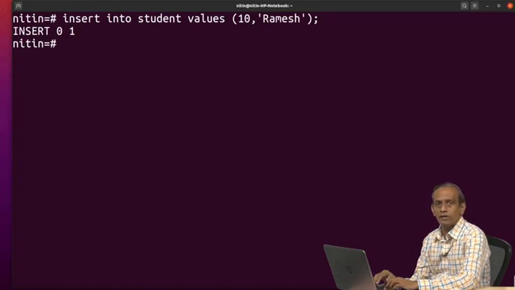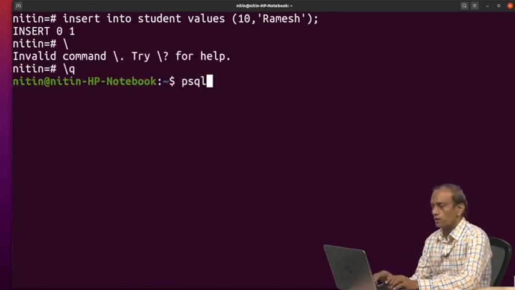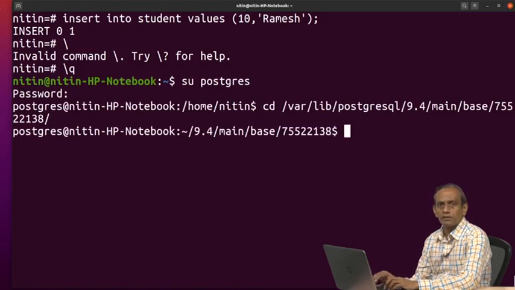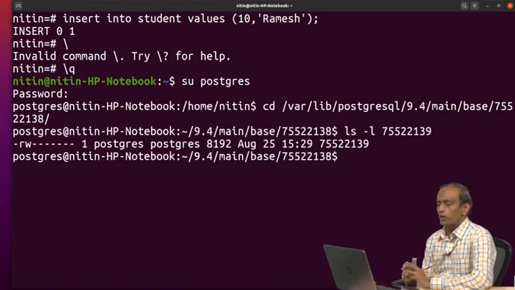So, we inserted one record, fine. Now let us go back to our directory. We will log in with Postgres, then let us see the size. What is the size shown there?